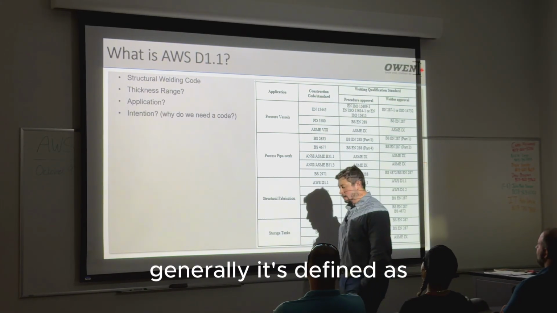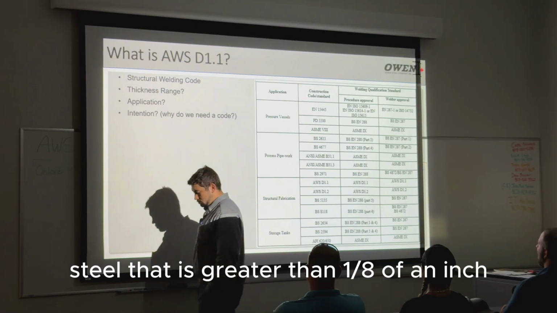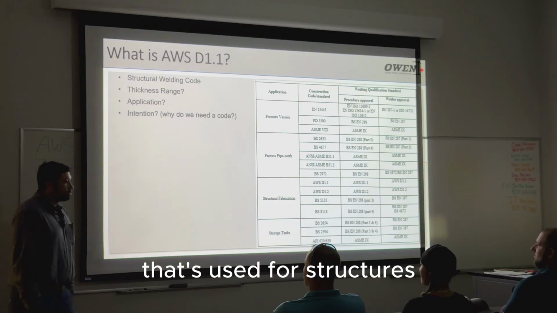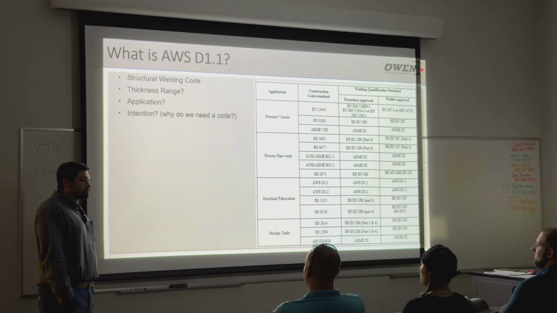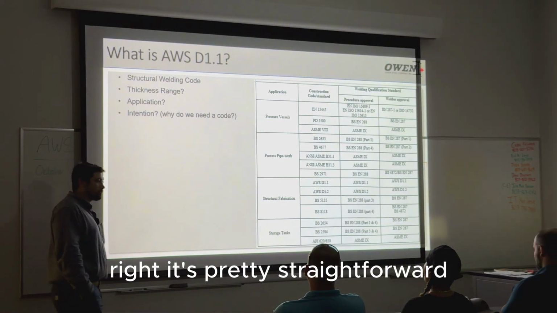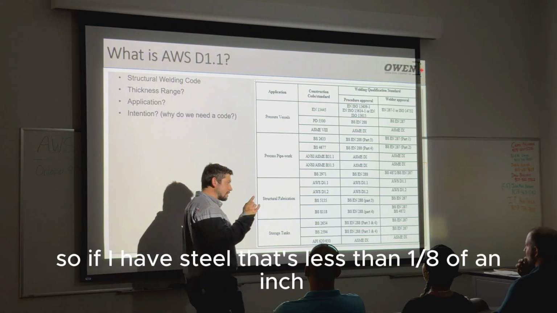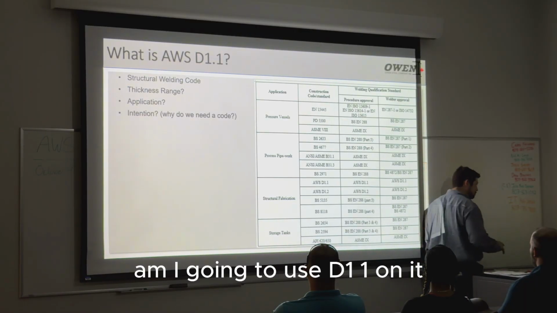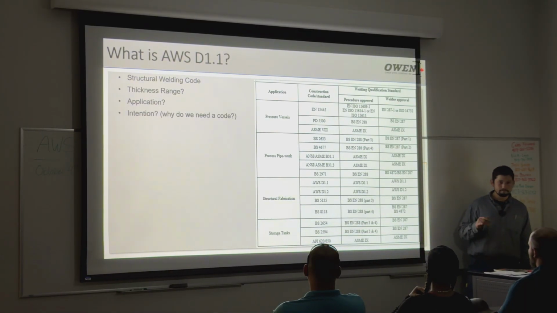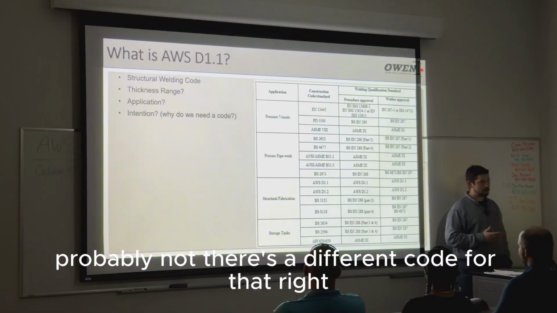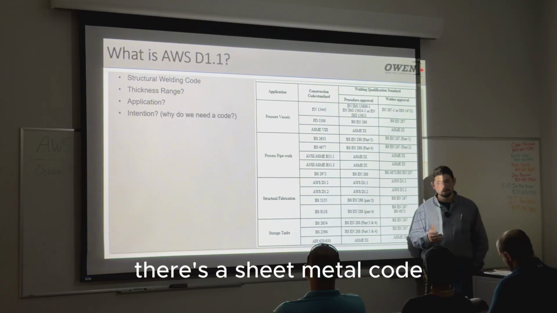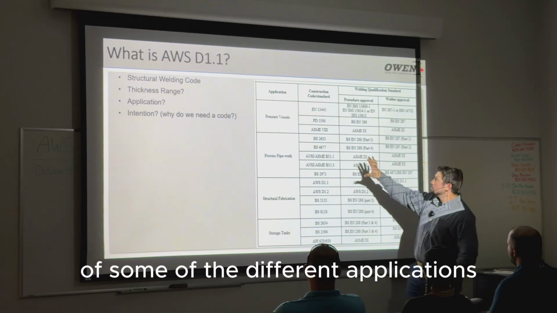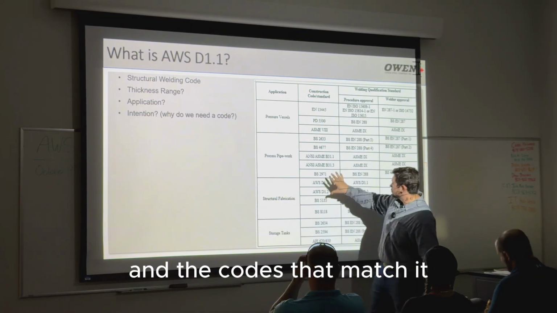Generally, it's defined as steel that is greater than 1/8 of an inch that's used for structures, right? It's pretty straightforward. So if I have steel that's less than 1/8 of an inch, am I going to use D1.1 on it? Probably not. There's a different code for that, right? There's a sheet metal code. It's D1.3. I have a chart right here of some of the different applications and the codes that match it,